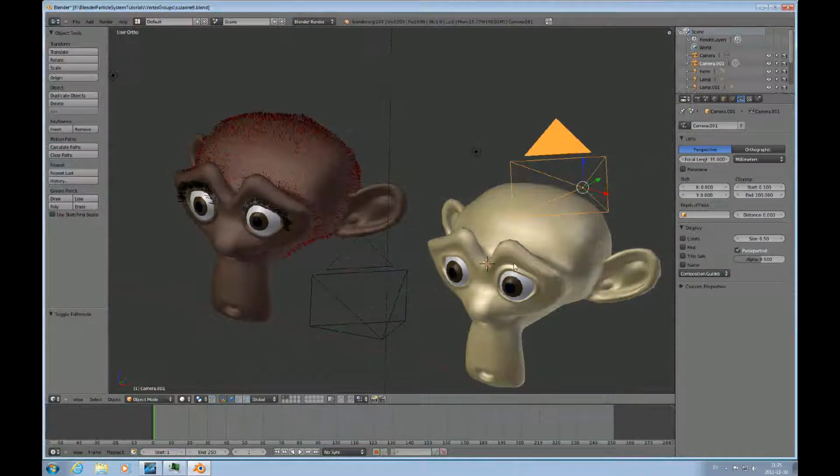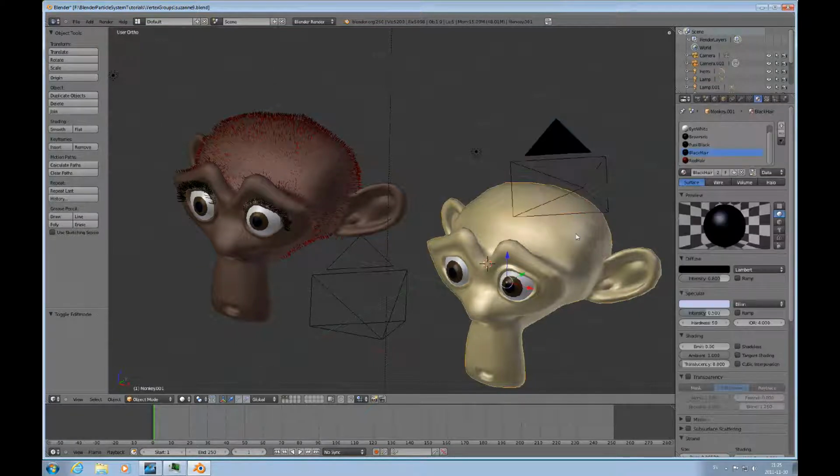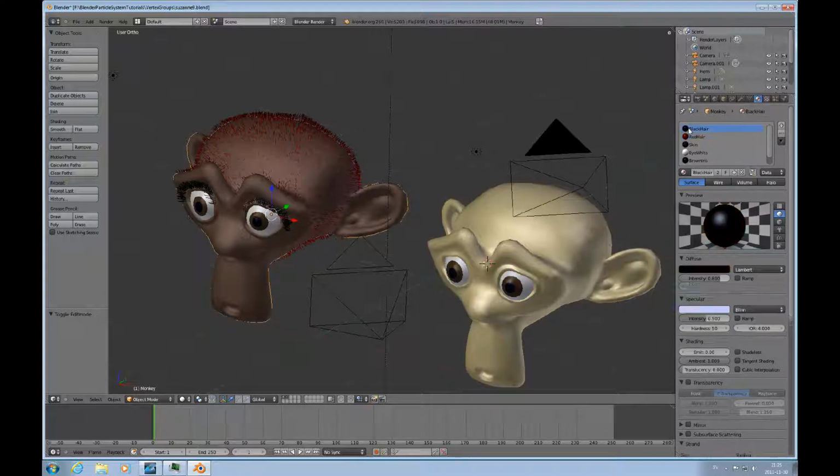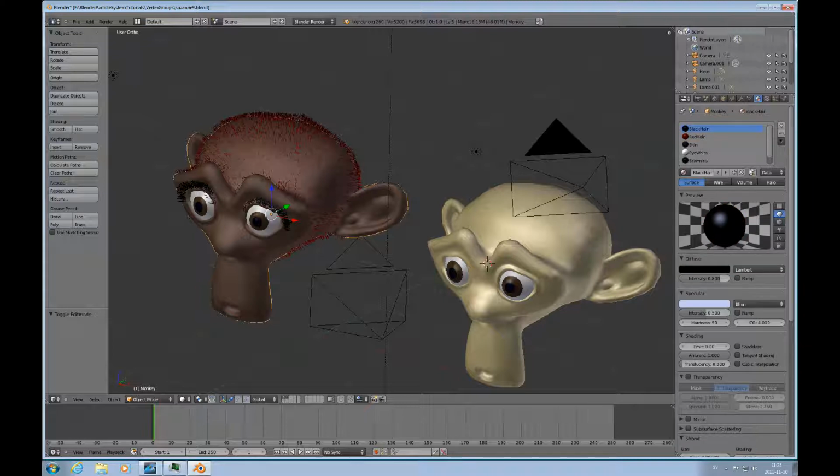In this tutorial we'll continue the theme of hair through particle systems, and in this case we have one Suzanne that has a couple of particle systems already associated with it and another one that doesn't. So we will reuse this one here that's on this Suzanne's head, and let's select it first, and we have red hair there, and we could just as well change it to black hair,